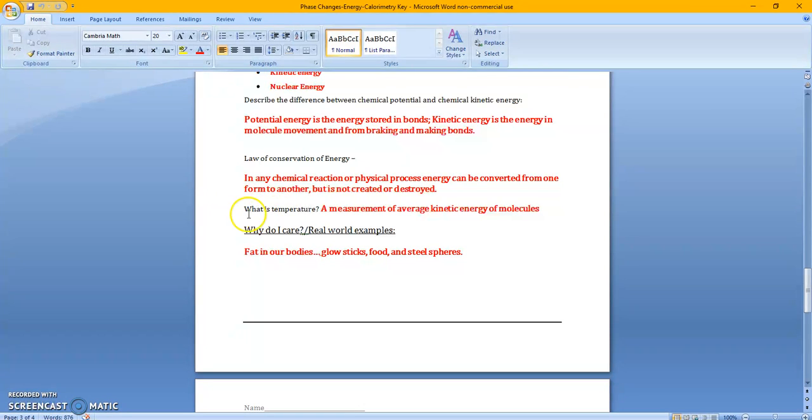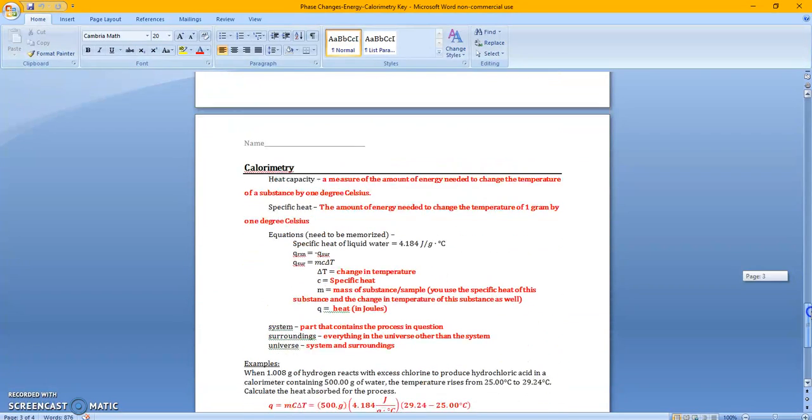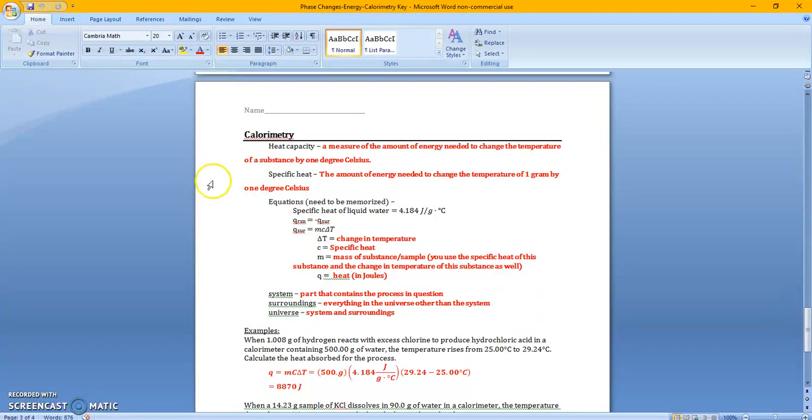This one is important. So what is temperature? Temperature is a measurement of average kinetic energy of molecules, whereas heat is the actual energy that is being transferred. So temperature is a measurement, heat is the energy. Don't let those two things confuse you. Now that we know about energy, we can look at calorimetry. Calorimetry is how we see how many calories are in our food, how much energy is released from a certain